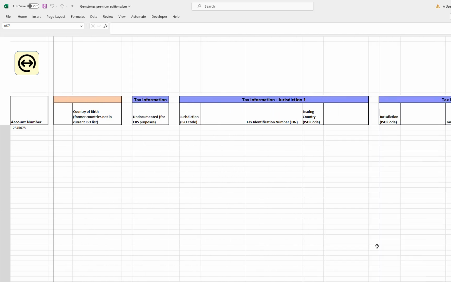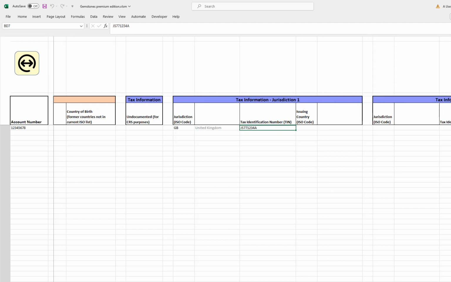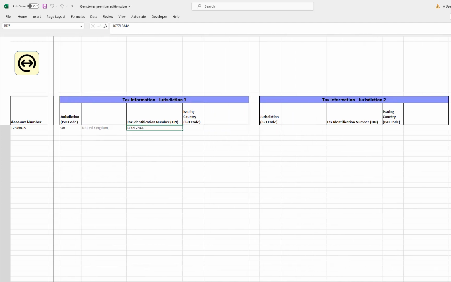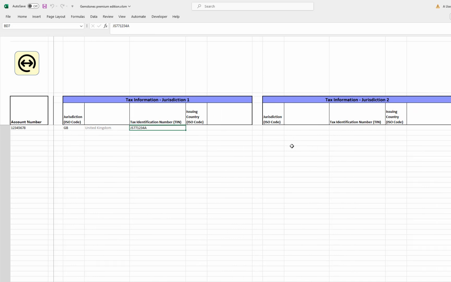And finally, tax information, either undocumented or enter the jurisdiction of residence and the TIN of the account holder. We have here up to 3 jurisdictions, so in the case of individuals or entities that might be dual resident, or possibly resident in up to 3 countries or jurisdictions.